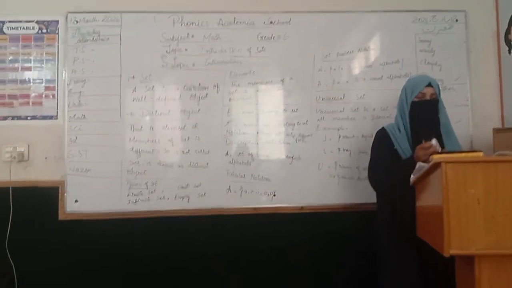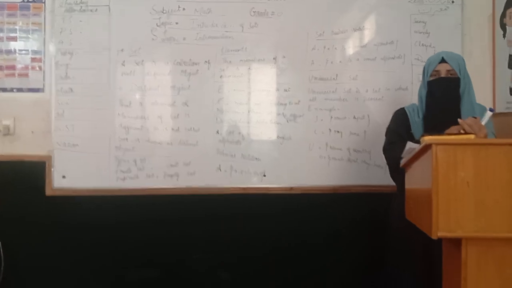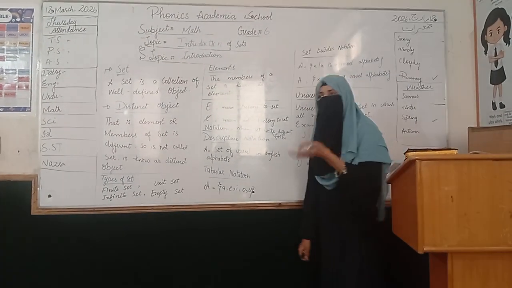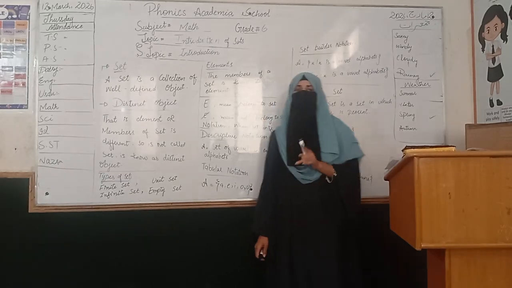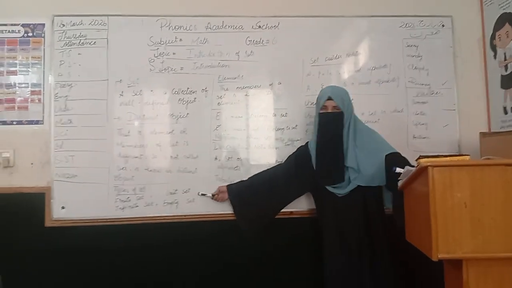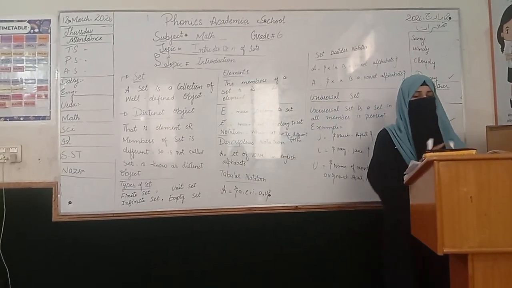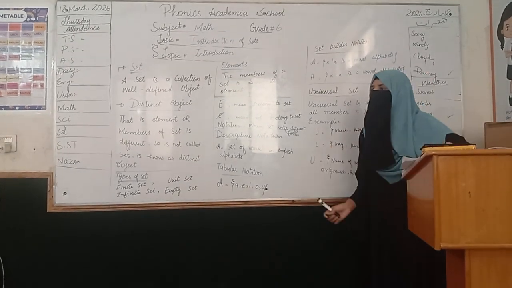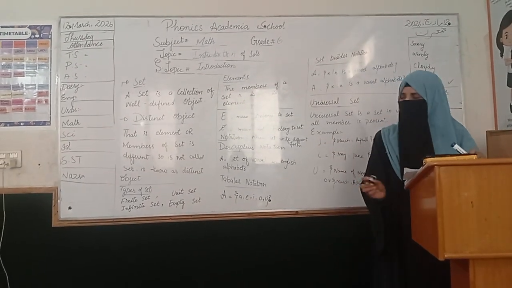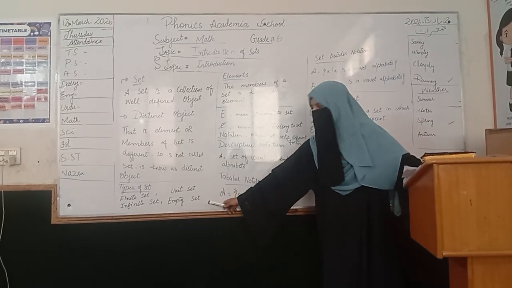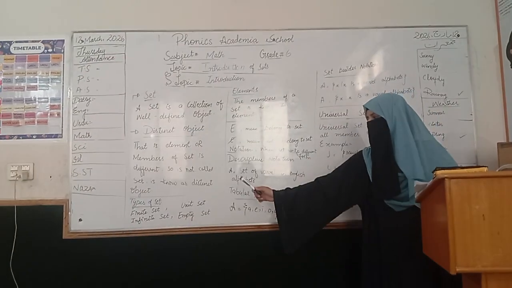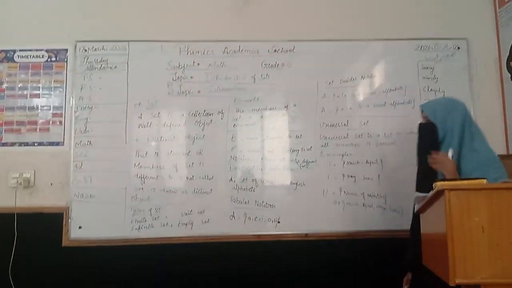Unit set. Unit set is a set in which only one member is present. The one member may be 1, 2, or 3, but only one member is present; this is known as a unit set. And if a set has no member at all, shown by an empty bracket, it is known as an empty set. So there are four basic types to be discussed: finite, infinite, unit, and empty.